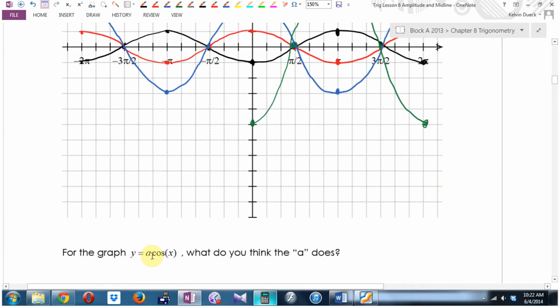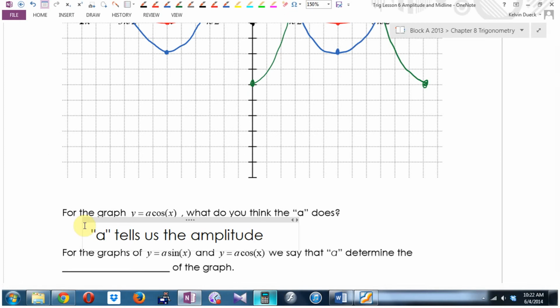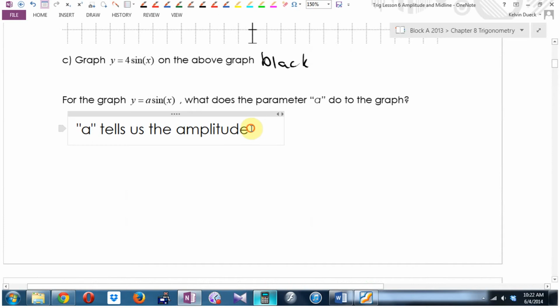So for the graph of y equals a cos x, what do you think the a does? A tells us the amplitude. Oh, but wait a minute. It also tells us one more thing, which we didn't mention on the previous page. What if A is negative? What does that do? Okay, so let's go back here. A tells us the amplitude, and let's write if A